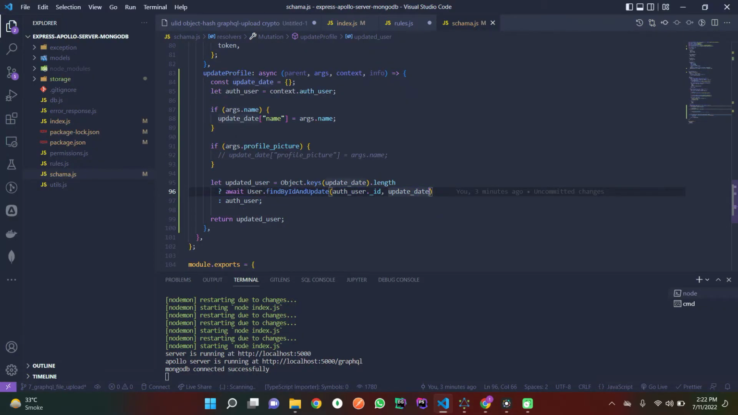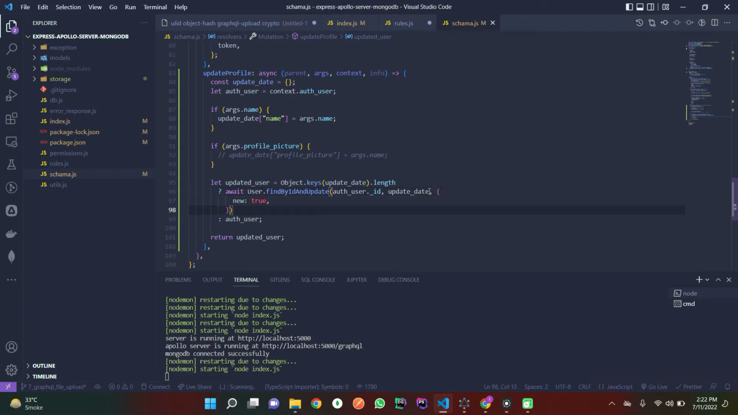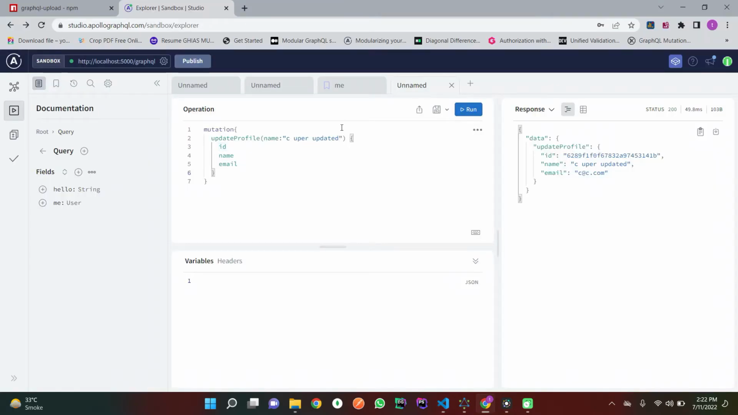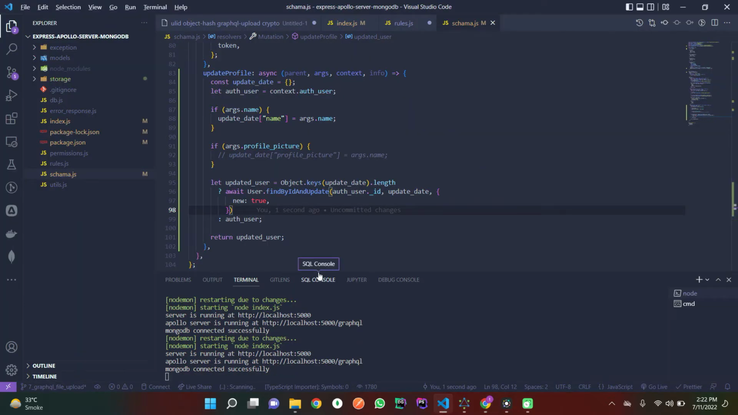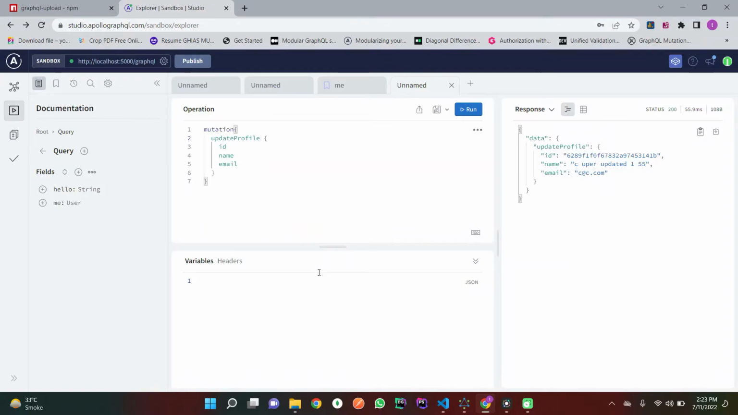So we are going to put the new to true, so it will return the new user in the first row. Okay, now it is returning the updated user the first time. So if I do not provide the name here, then it will return the previous user, previous name. Okay, now I am going to